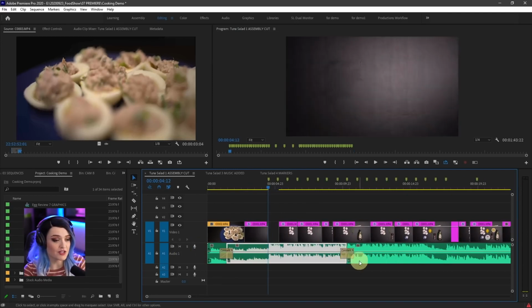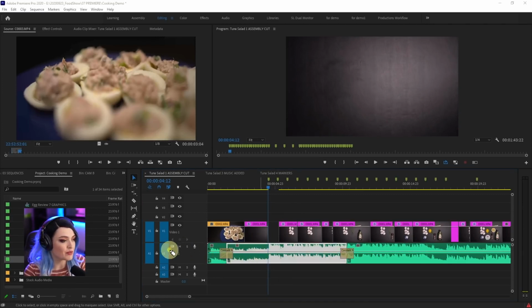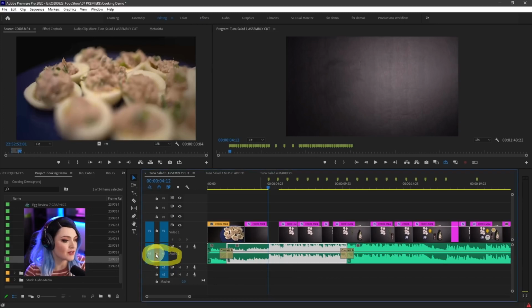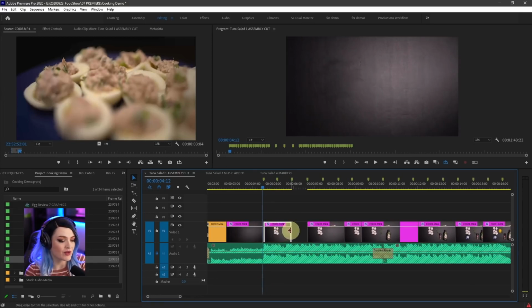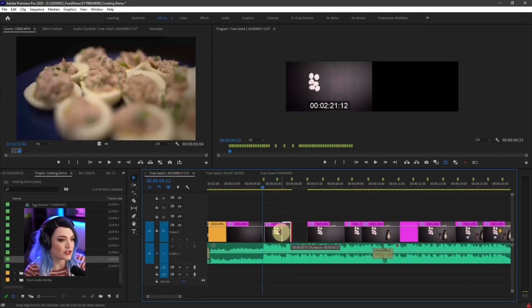If I don't want to touch the audio tracks accidentally by selecting them, I can press the lock button and lock that track. So if I press the lock button, now I can't select anything. So it makes it really easy for me to place clips on other tracks without affecting that track. So I'll go ahead, and every time I drag one of the ends of the clip to shorten it,